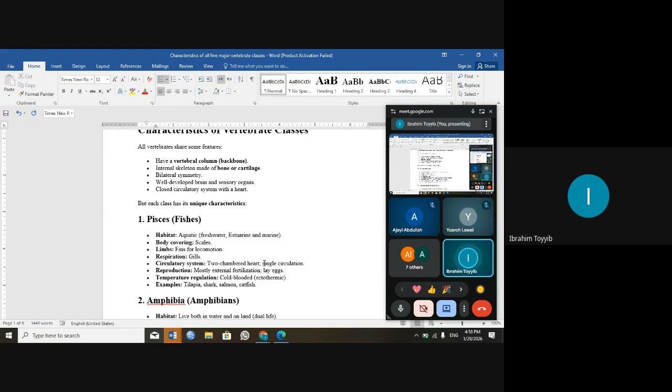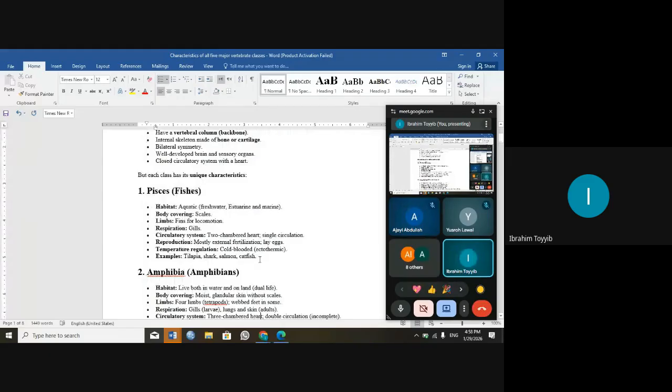Under the closed circulatory system, we still have single and double circulatory systems. Human beings have a double circulatory system, while fishes have a single circulatory system, both under the closed circulatory system. I hope that is clear. Now the reproduction,